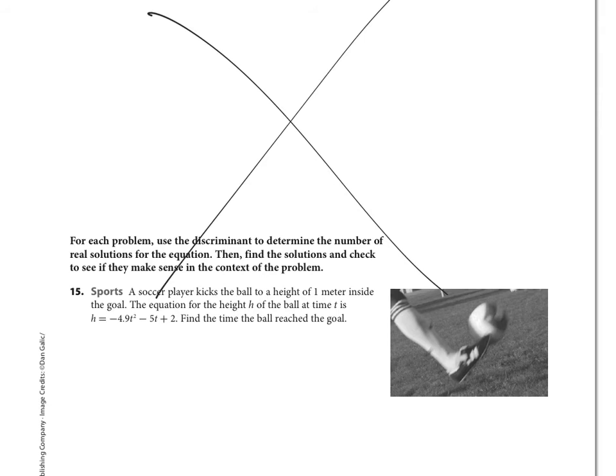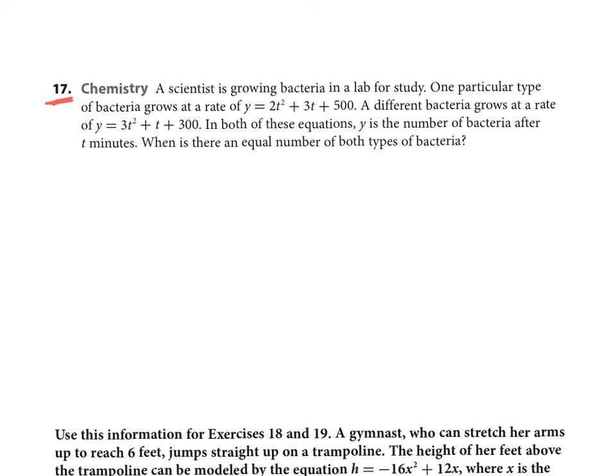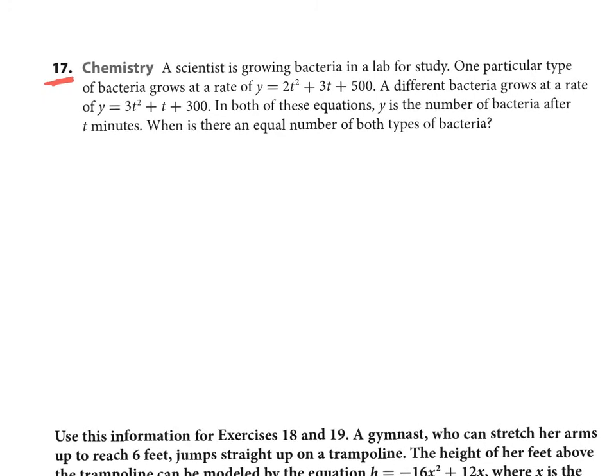It says, use the discriminant to determine the number of real solutions for the equation. Find the solutions and check and see if they make sense in the context of the problem. It says a scientist growing bacteria in a lab for study. One particular type of bacteria grows at a rate of given formula. A different bacteria grows at a rate of another. In both of these equations, y is the number of bacteria after 10 minutes. When is there an equal number of both types of bacteria? Now, for these particular,